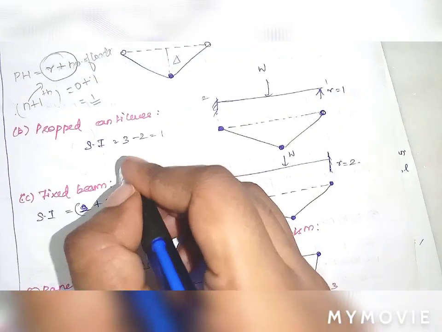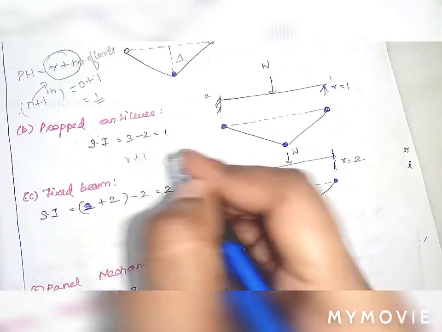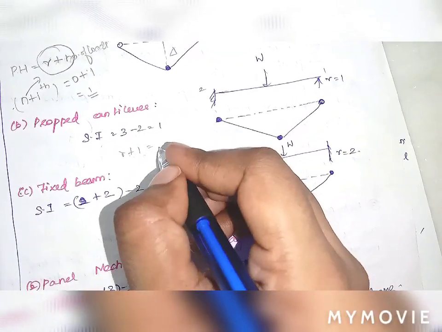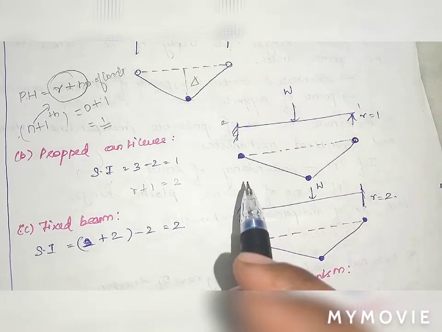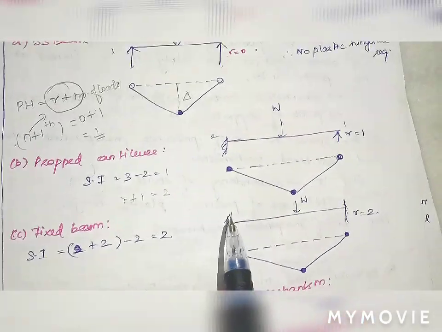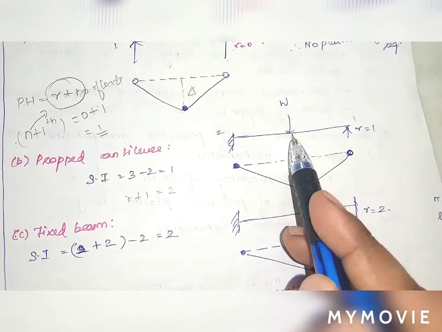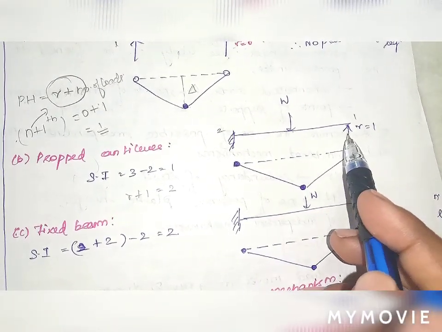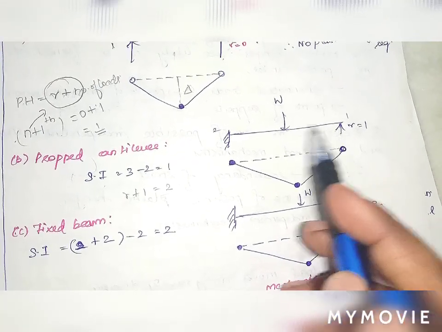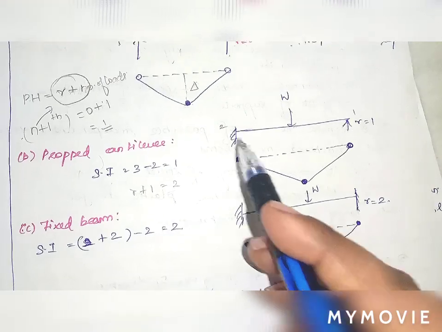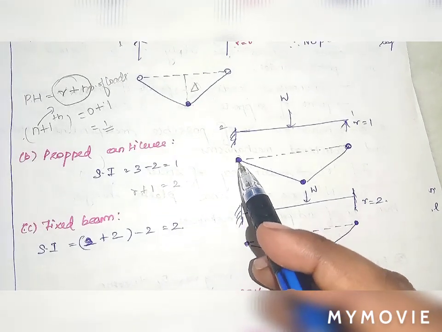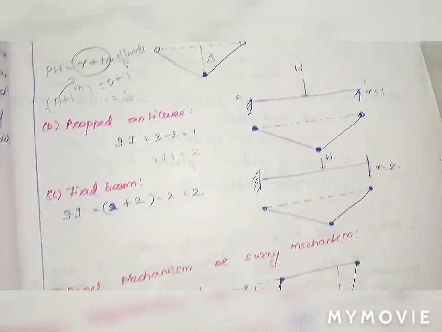Okay. So R plus number of loads is equal to 1 plus 1, which is equal to 2. So 2 plastic hinges are likely to be formed. These plastic hinges occur where there is maximum bending moment. The first one at the point of load. The second one, compared to this propped cantilever portion, this fixed portion carries large moments. So hence the plastic hinge will occur in this portion only.